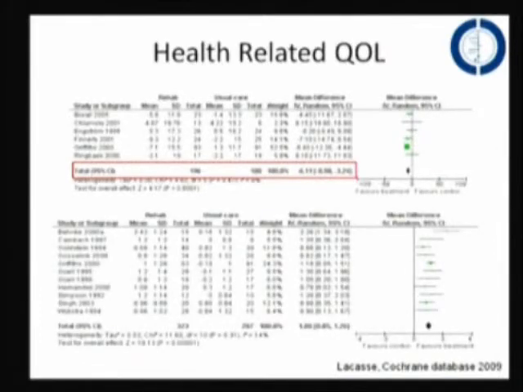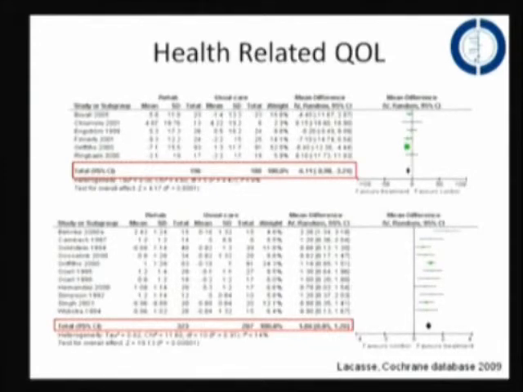Similar studies in the Cochrane database in the same review show an improvement in quality of life as measured by the chronic respiratory disease questionnaire. And here also the improvement is statistically and clinically meaningful. The cut point is usually 0.5 for a meaningful improvement on this 7-point scale, and the improvement on average is 1. And this is for the dyspnea dimension. There are 4 dimensions to this questionnaire. They're all improved in patients who undergo pulmonary rehabilitation.